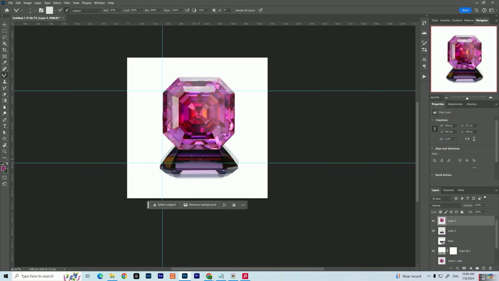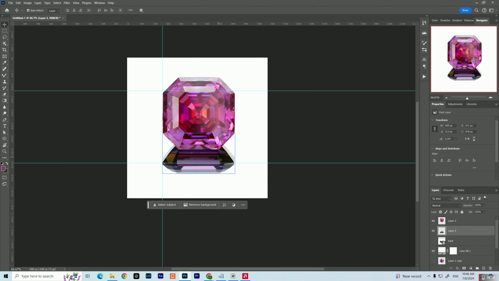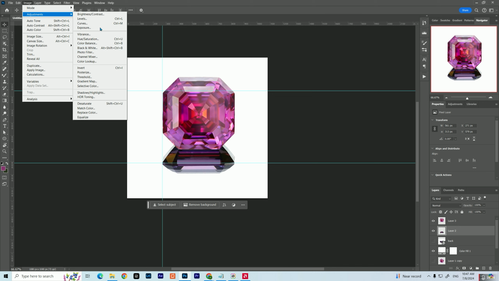Maybe let's resize this stone first. Align it with our gemstone. Control T. Warp this thing a little bit. Yep, just like that. Then we're going to change the color of this stone on the reflection,